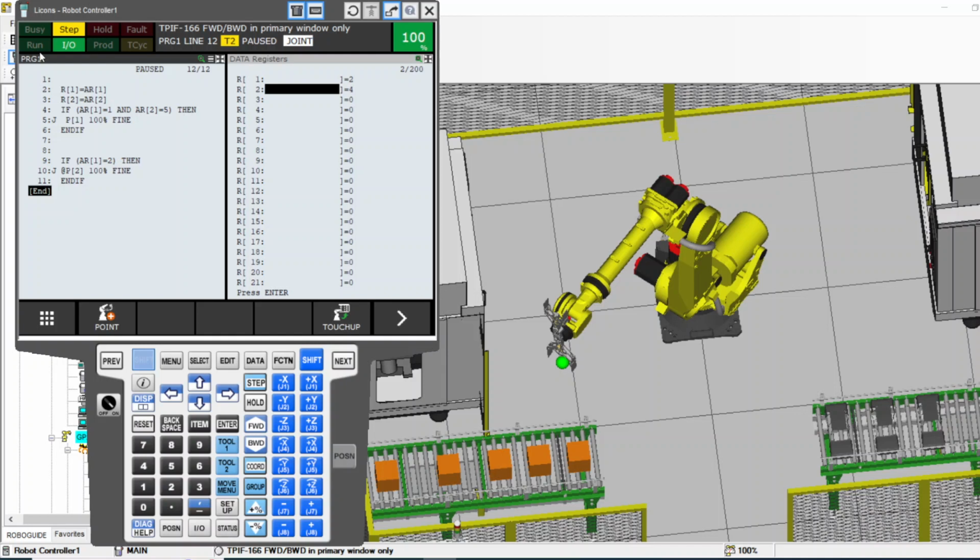If you are inside the program and you want to run this, there's no way to force the argument number value. So you're going to have to go manually to this line and then run it, or add a register like I did in the beginning, lines 2 and 3. Now you can actually force this one to be 1, for example, and this one to be 5. You force the register itself. So now when you run,